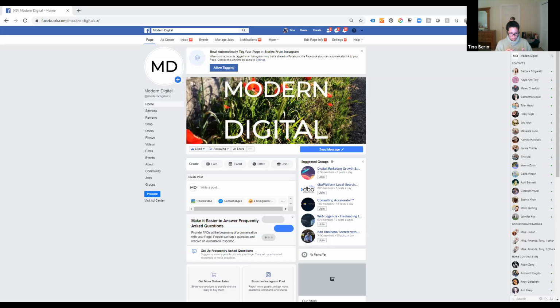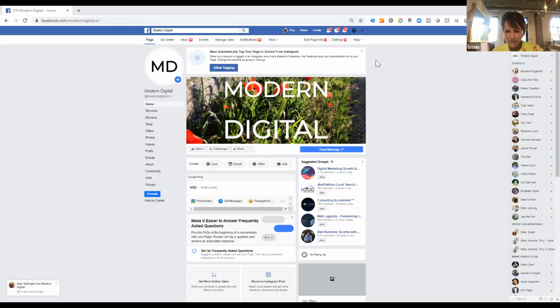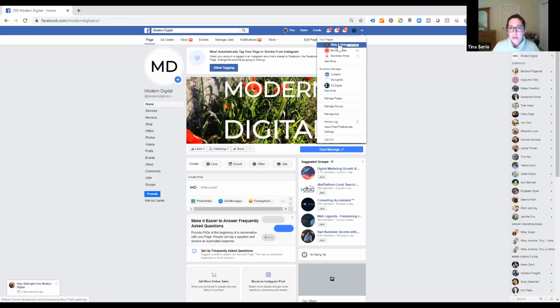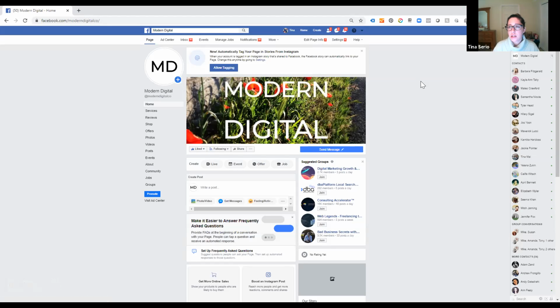Is anyone having trouble on the desktop? And which one do you press on that? On the, like drop, you do the drop down menu and then? I did the drop down menu. You might see yours already pop up here. Yes. Otherwise, click see more, and then it'll show you all your pages that you manage. Okay. Right.